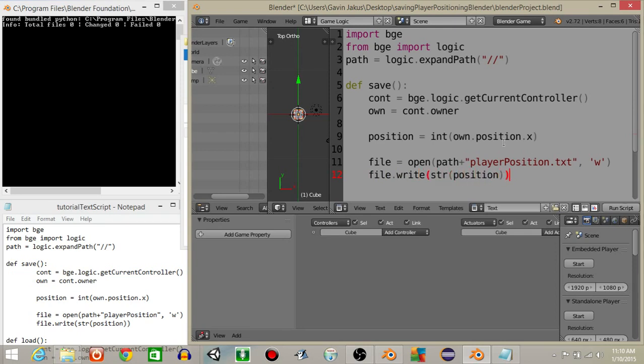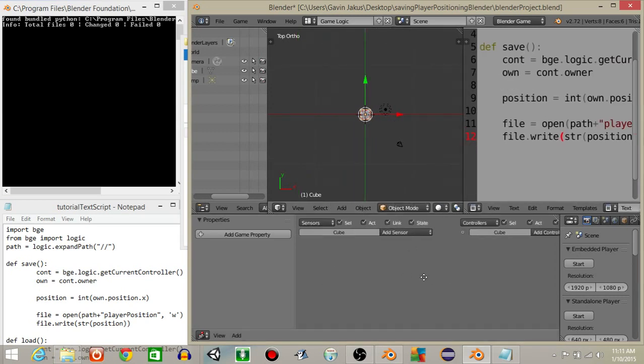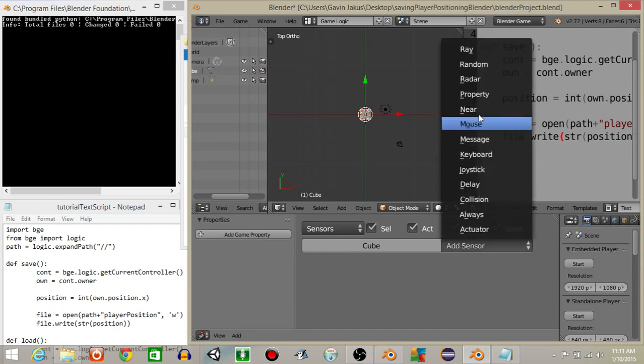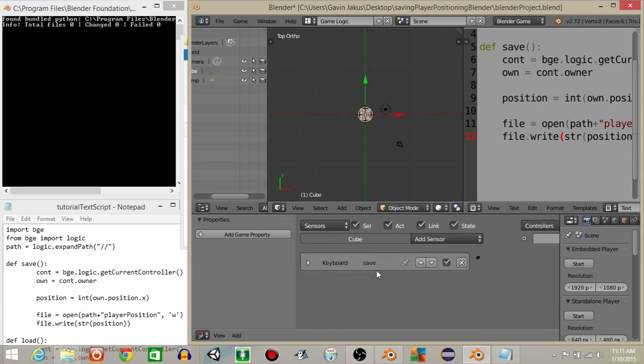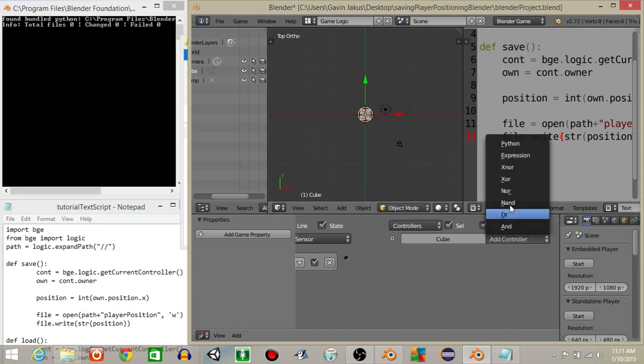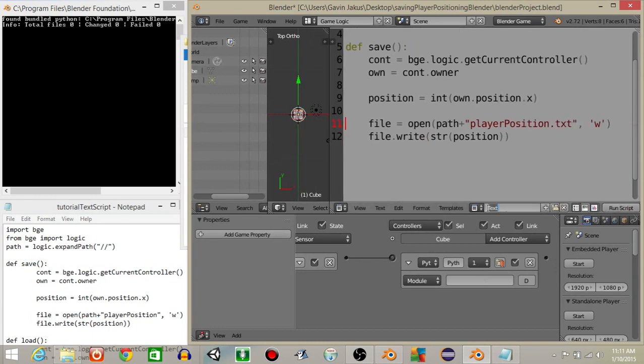So now that we've added the string into our position like that, on our cube, let's add a sensor keyboard. Let's put save as the name, click tap, and put S key, like that. Next we're going to add a controller Python right here, change it from script to module, and connect this. Now on the script out here, let's change it from text to player,